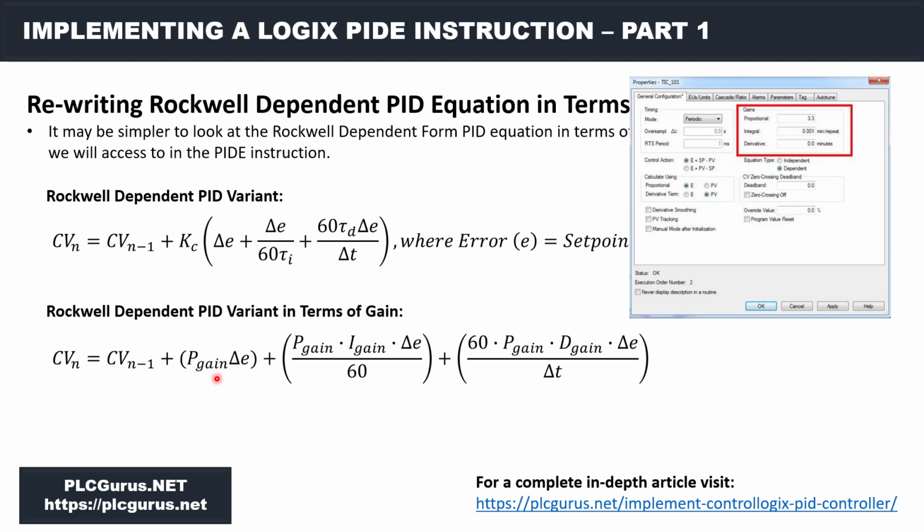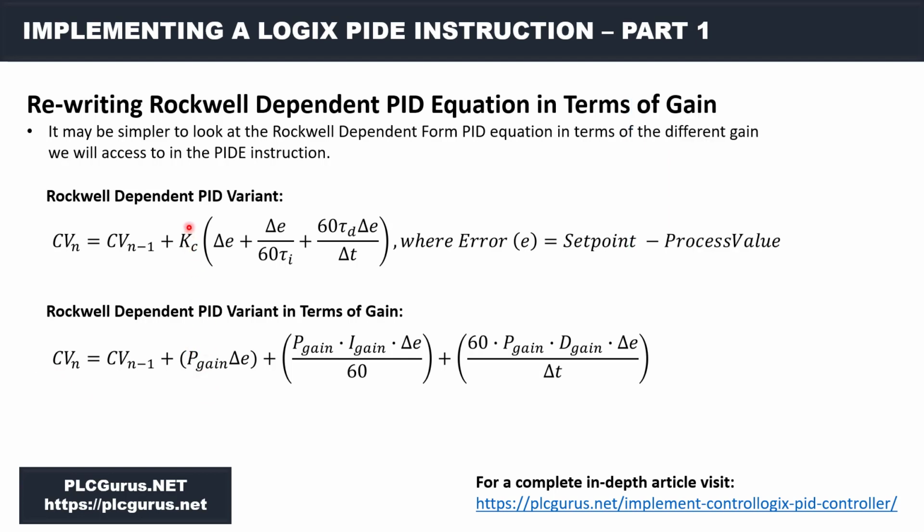There's actually a proportional, integral, and derivative gain setting that we can adjust. So if you think of it in terms of this, it may be a little bit easier to correlate what we're adjusting and the impact it's going to have on the overall output that we're driving here, the CV. Okay, so again, Kc represents our controller or proportional gain, and we're simply multiplying that by the change in error. And then this I term here is represented here again. Okay, so the delta E becomes the Kc,